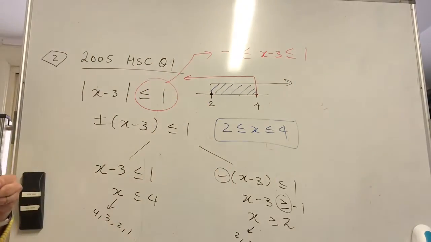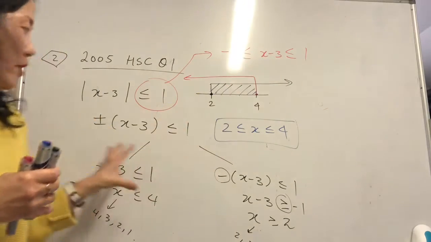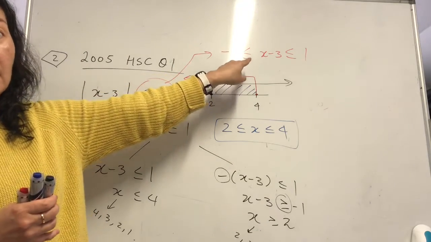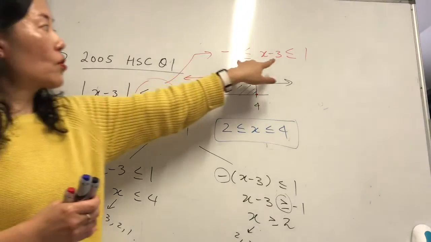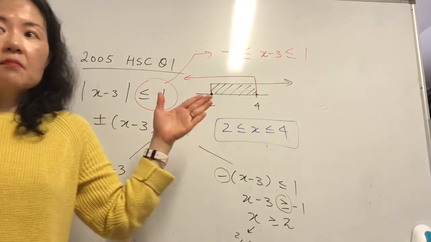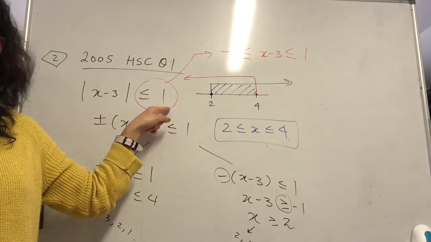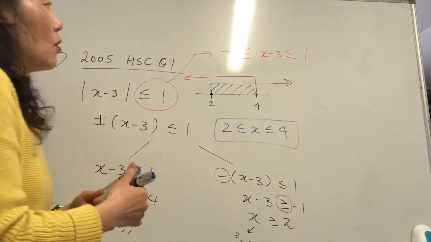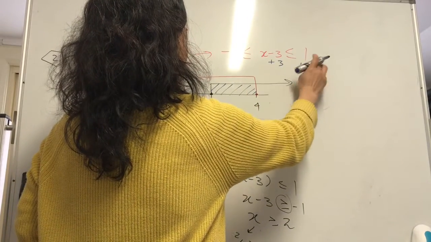It's in like this, in between 1 and minus 1. So this is a longer way of doing it. This is a shorter way of doing this. When you see something's less than or equal to, automatically you have to think it's in between plus 1, minus 1, or depends on the constant here. Okay? So that means here, and therefore, if I want to make it to x something,